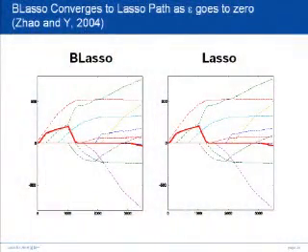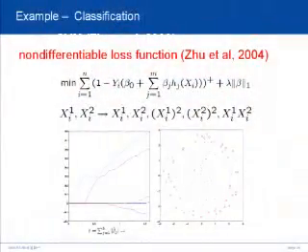This way, you don't guarantee that the loss is always decreasing, because it's a fixed step, so sometimes it might come up a little bit. Then you run that algorithm with small steps, and you can see that BLasso, which is boosting with backward steps, produces exactly the lasso, which is gradient descent on the right loss function, convex, with small steps. And we can prove the convergence if the step size goes to 0. Well, how am I doing on time? Oh, I have it there, sorry.